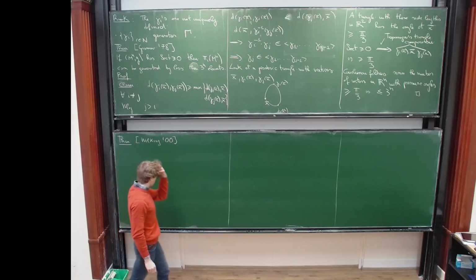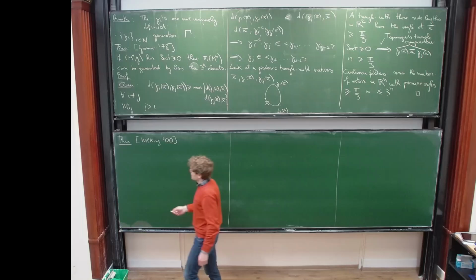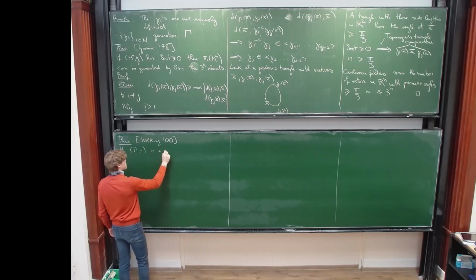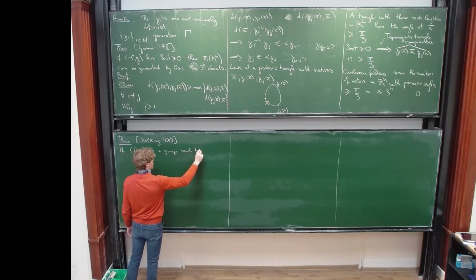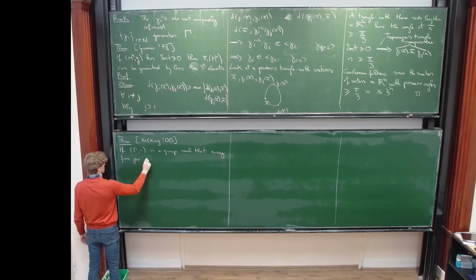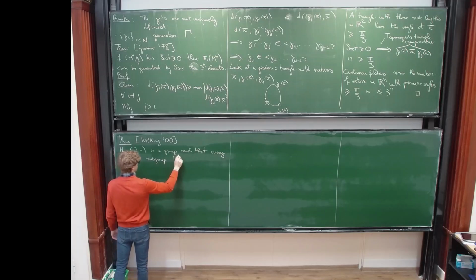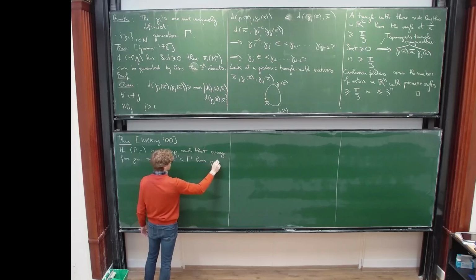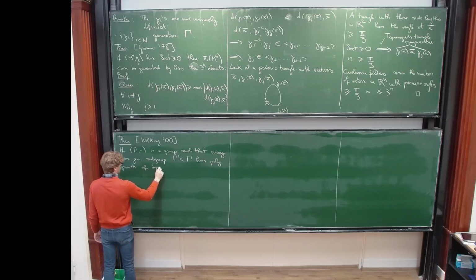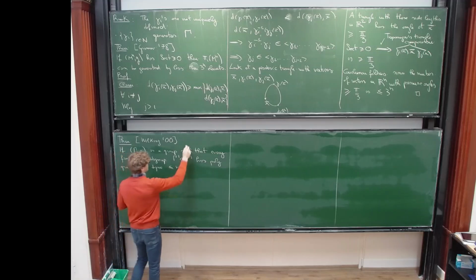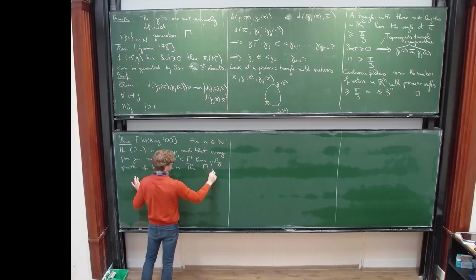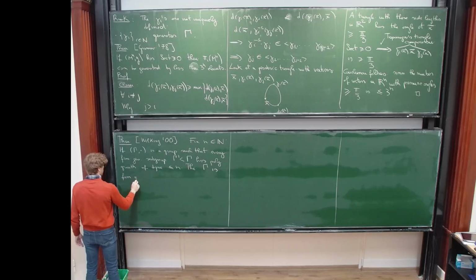Curvature doesn't matter for this theorem, it's just a theorem about abstract groups. It says that if gamma is a group such that every finitely generated subgroup gamma prime of gamma is a polynomial growth group of degree less than or equal to n, where n is fixed, then gamma is finitely generated if and only if